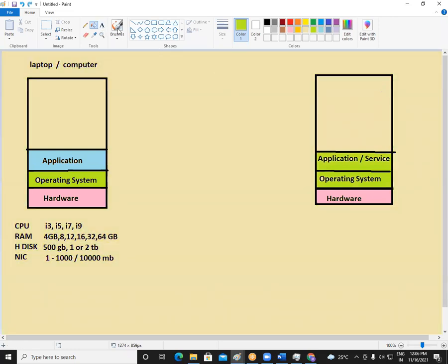So the second layer is your operating system layer, and the third one is your application layer or services.